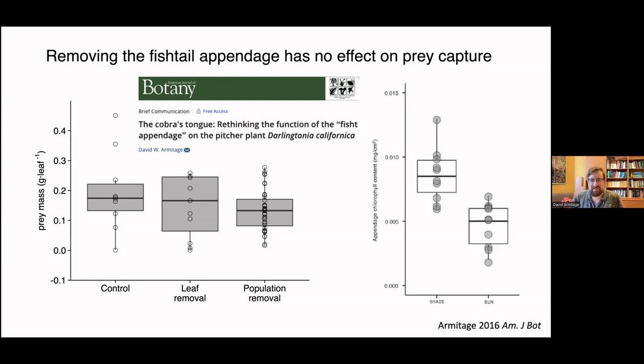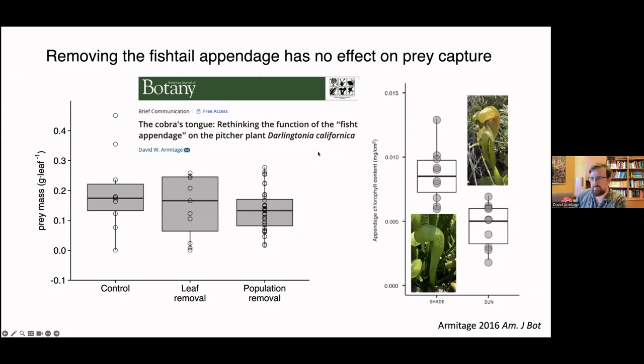And so that led me to kind of wildly speculate in this paper on the potential role of this tongue appendage. One of the potential hypotheses is that it could be just like a facultative surface for expressing photosynthesis. So here we have pitcher plants, Darlingtonia, grown in either the shade or the sun. And I went out and just measured the chlorophyll contents in just the tongue appendages between these different populations, and found that in shaded habitats, there does seem to be significantly more chlorophyll found in these tongues